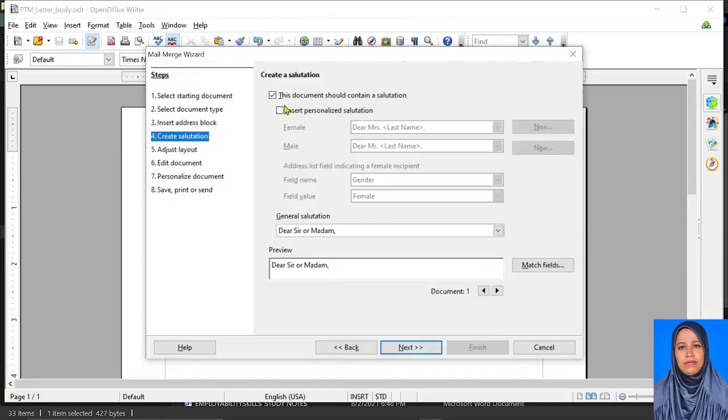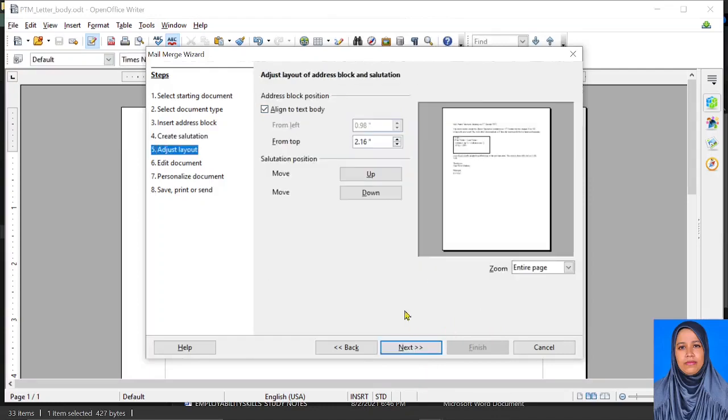Once we click on next, this document shall contain a salutation. We can select this and we can insert personalized salutations such as dear Mrs. Based on the values of the gender, which is why the gender field is used in the address list to specify the salutation. But we will ignore this. We'll go with the general salutation, dear sir or madam. Then we click on next, and here we can adjust